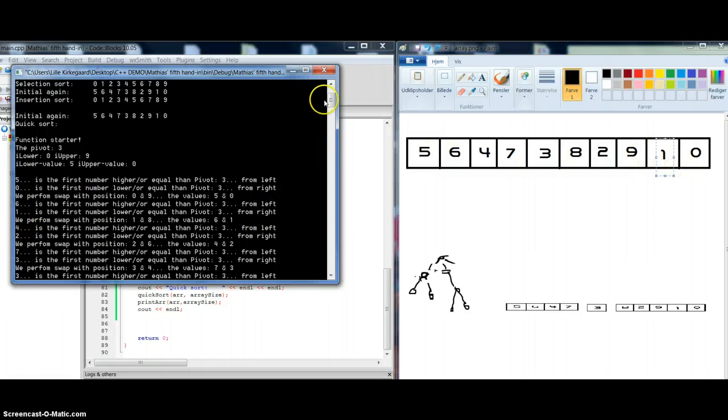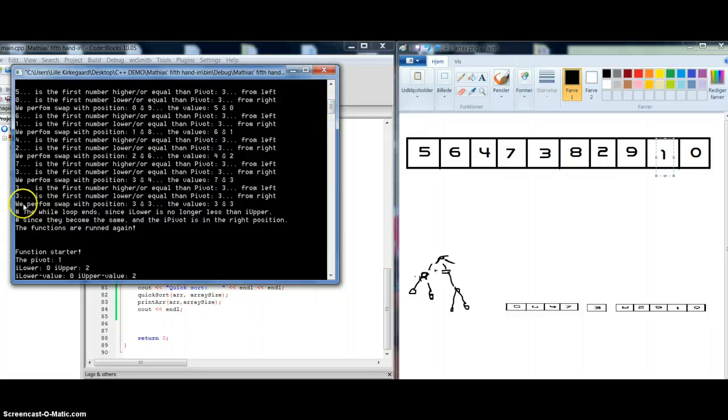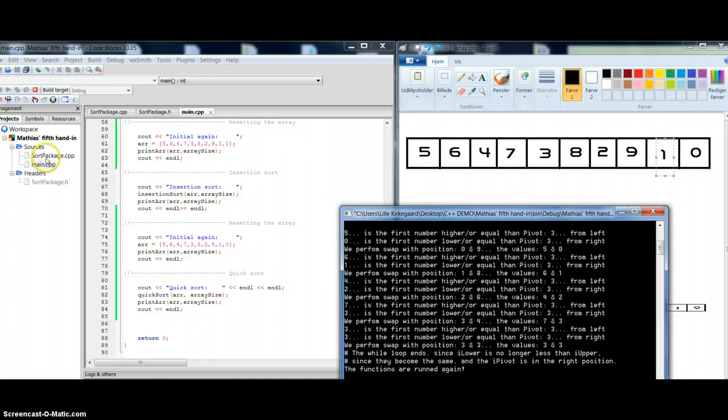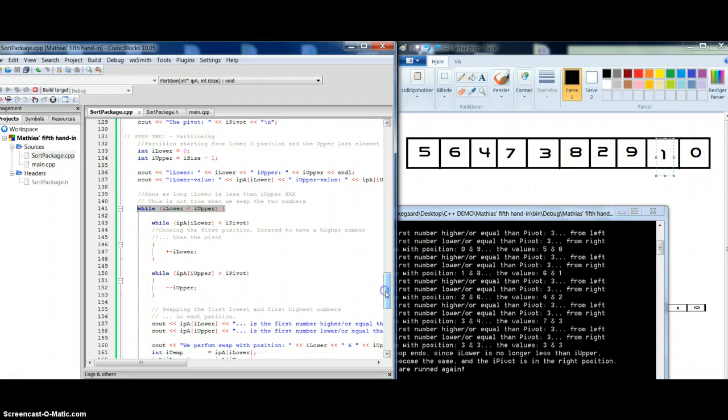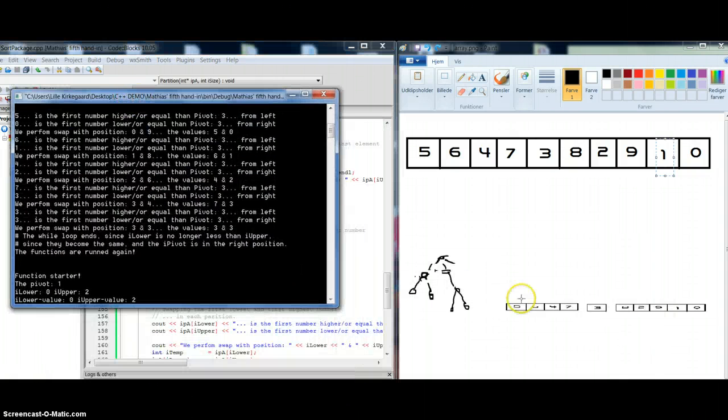And we proceed this way until we look if 3 is higher or equal than 3, which it is, well, it is equal to, and then we have nothing more to swap with, so we swap with 3, and then the while loop ends since i lower is no longer less than i upper, which we will see in the while loop over here. And then we run the function once again, but just with the new positions,